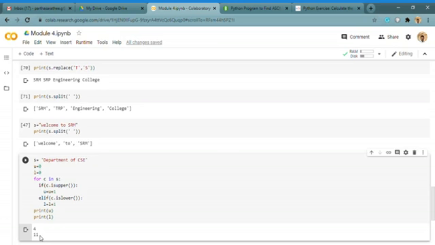Then we started strings. In strings, we can access a character by using indexing. We can find a substring by using slicing. We can strip, which removes the spaces in your string. We can find the length of the characters. We can split the entire sentence by using a delimiter. Finally, I demonstrated a simple program using strings, where we calculate the uppercase and lowercase letters.